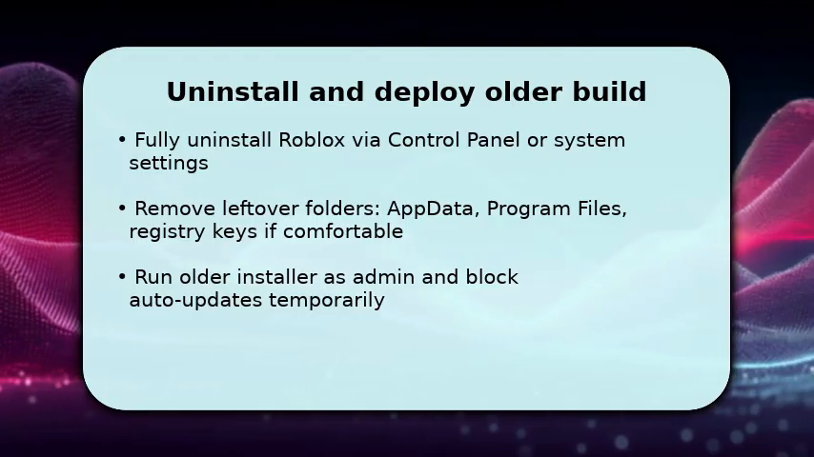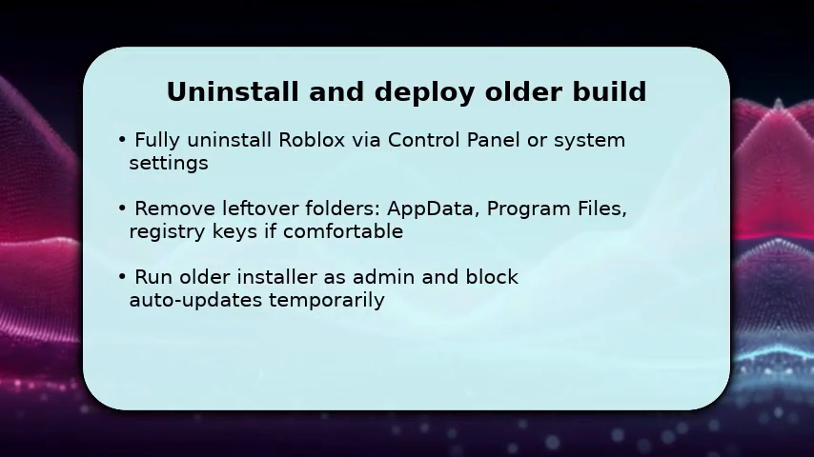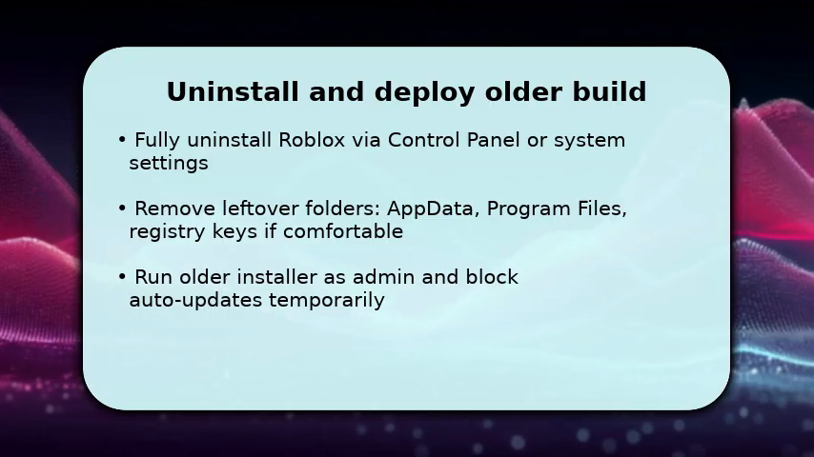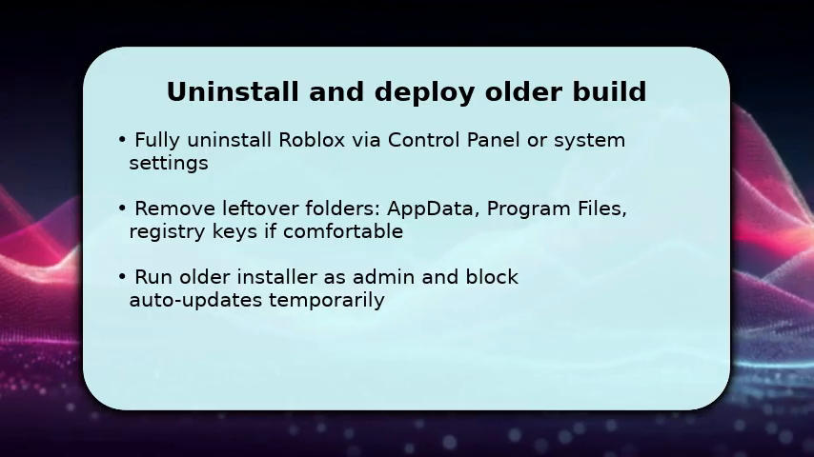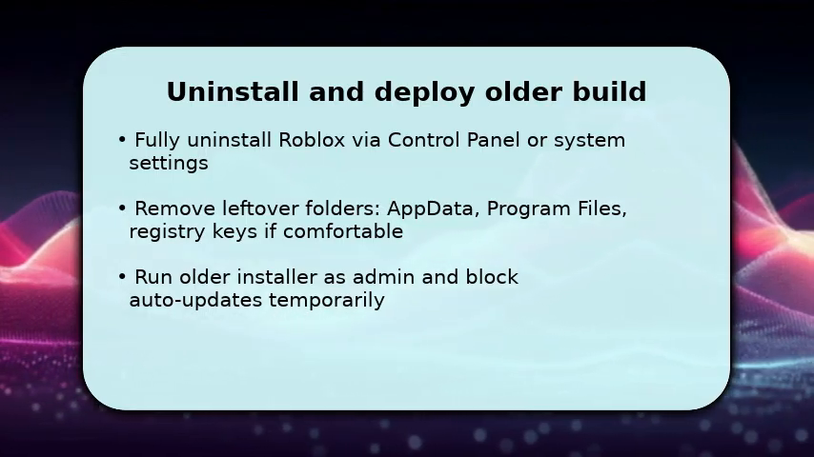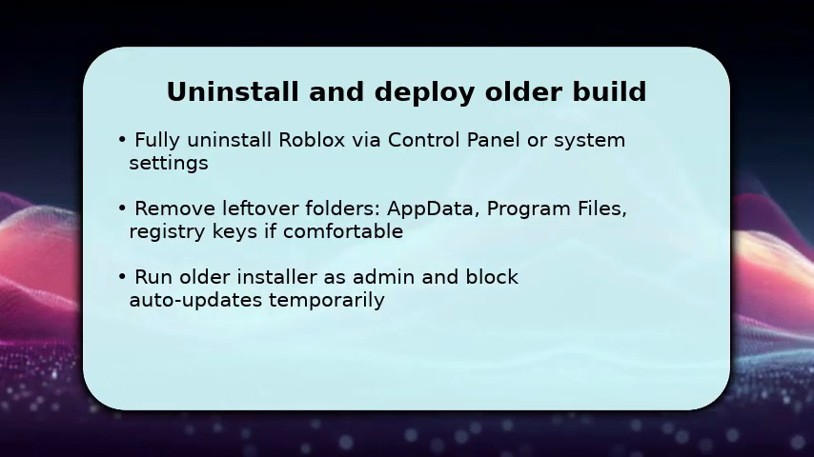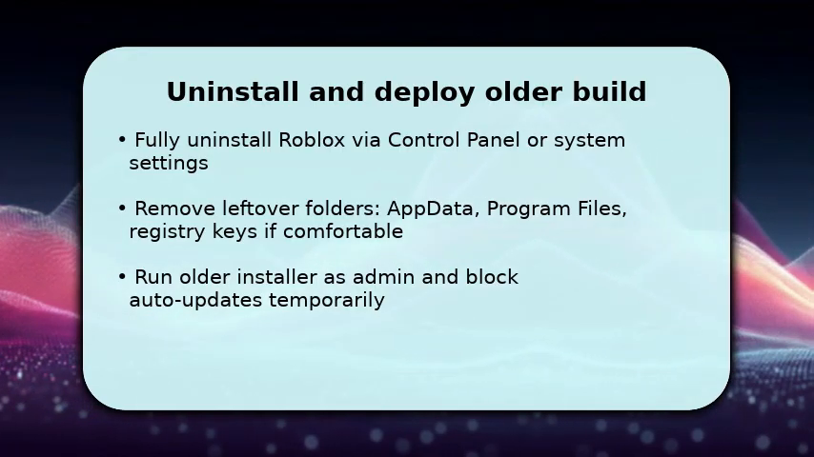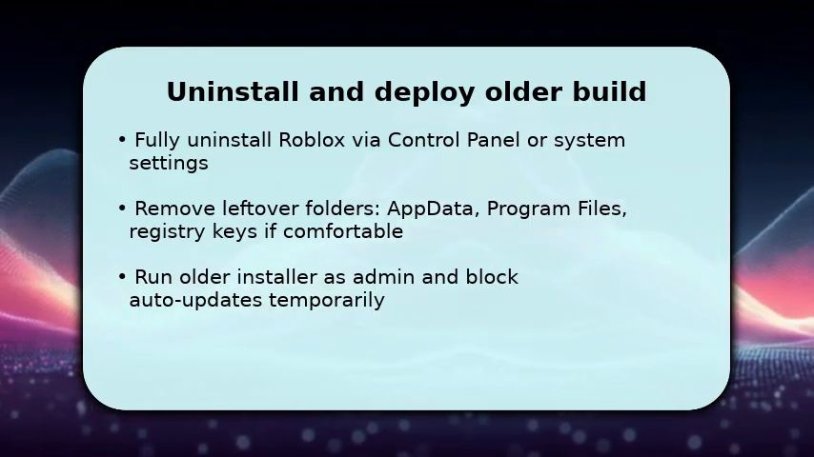After uninstalling, delete leftover folders in app data and program files, and consider cleaning specific registry keys if you know what you're doing. This avoids conflicts. Then run the older installer as administrator to ensure proper permissions. Once installed, temporarily block Roblox auto-updates using firewall rules, or finally, launch Roblox and test the specific games or features